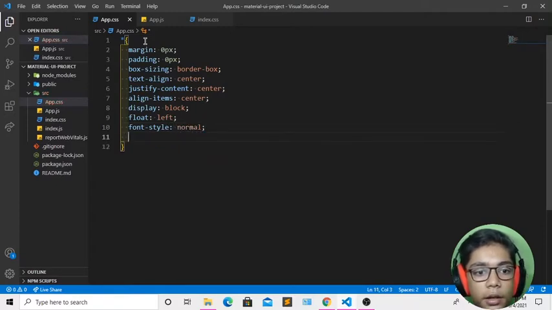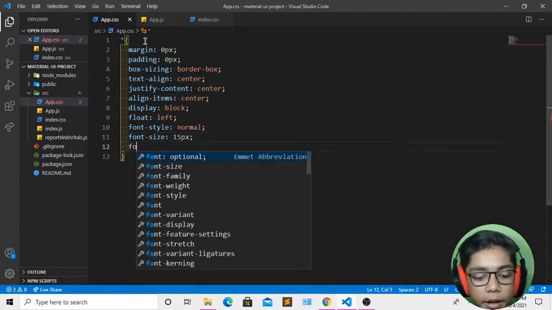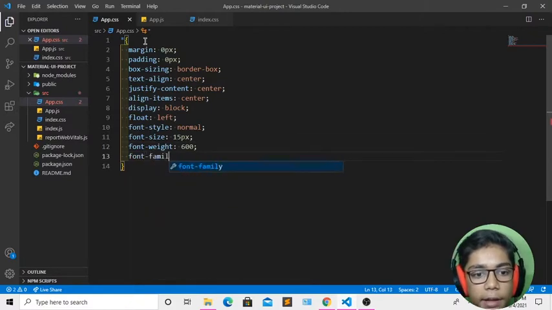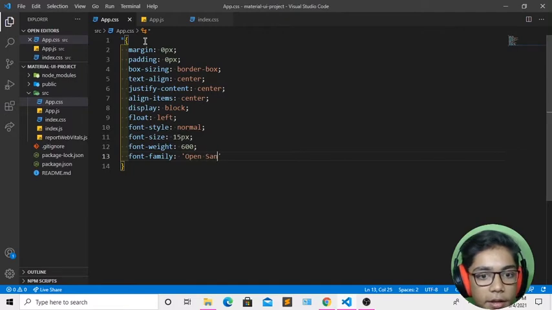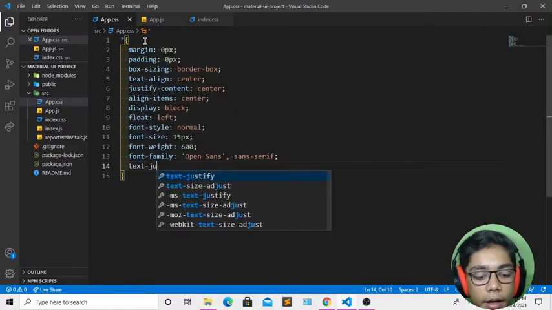Then underneath I'll create font-size, which should be 15 pixel. Then font-weight of 600. Then font-family, which should be Open Sans, sans-serif. So here we have done that. I will come underneath and create a tag called text-justify.